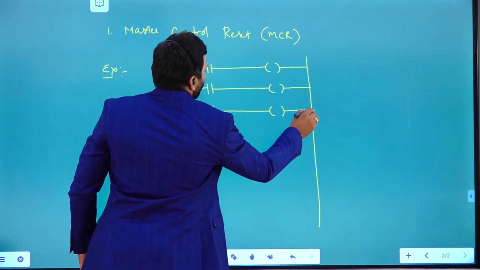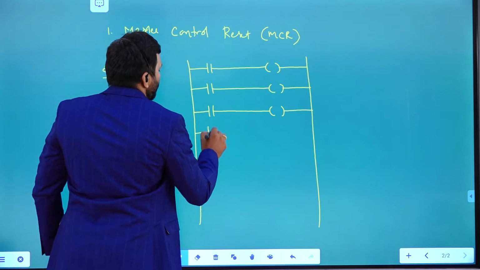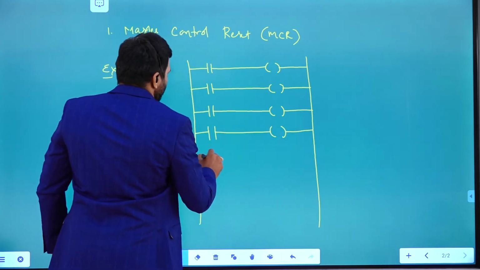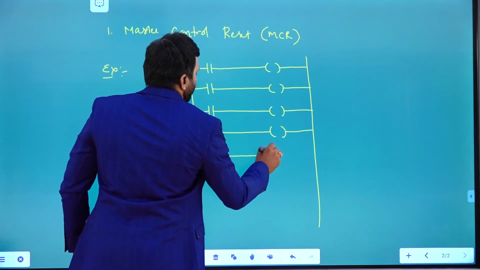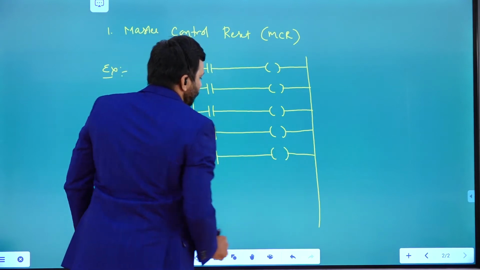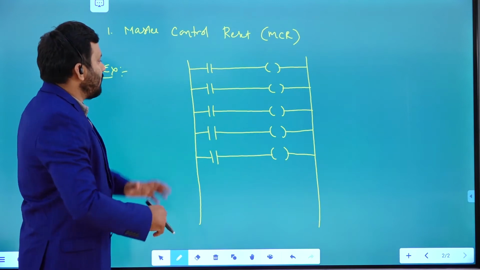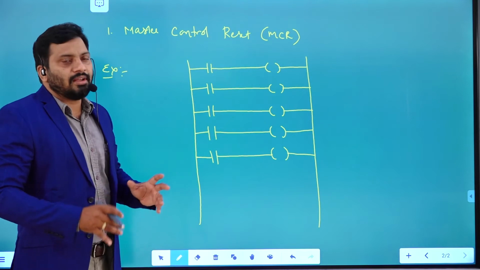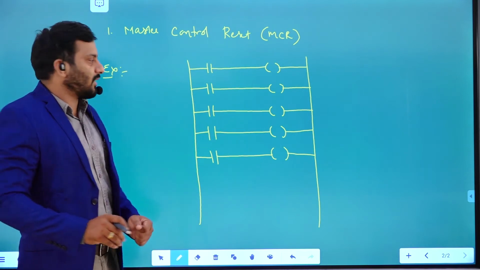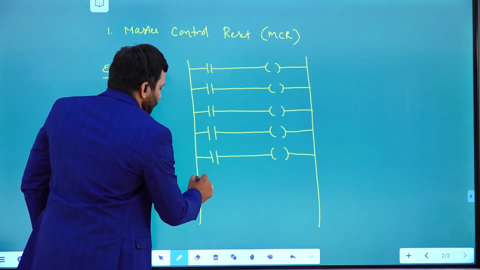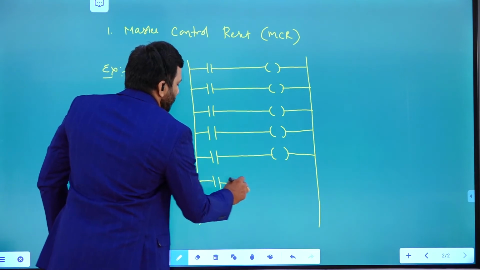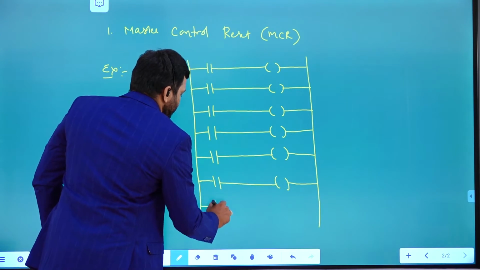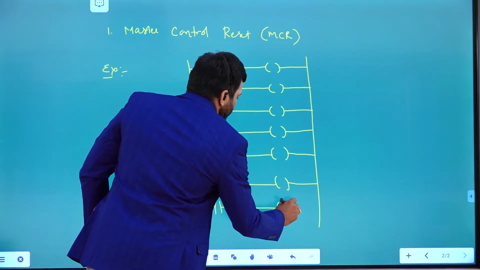It may be that somewhere in the middle we have counter rungs, as well as timer rungs, or a combination of all may be present, right? But for simple understanding purposes, I am going to consider here only rungs with coils and contacts, right? But this number of rungs I am taking here in this particular PLC logic.